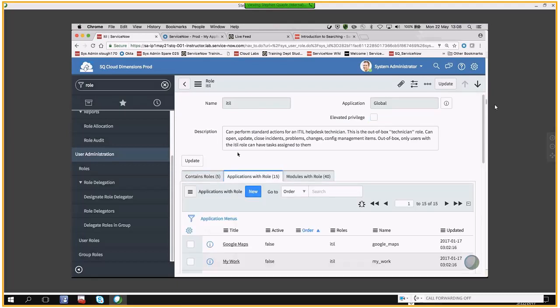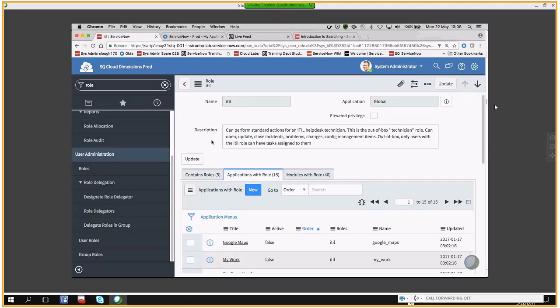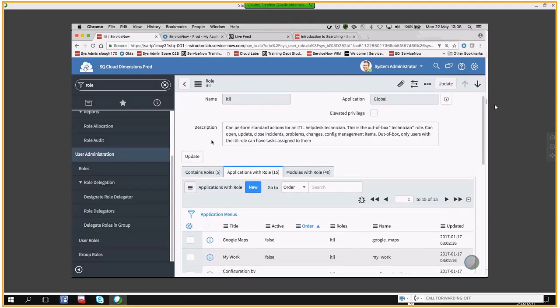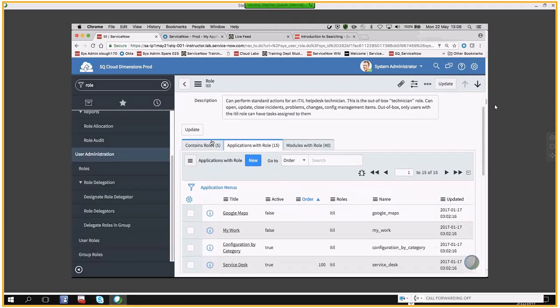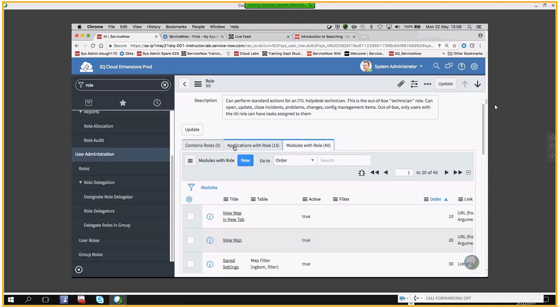Applications with this role, in other words, those that require this role, I've got 15 listed, and then I've got 14 modules that require this role. So think of the roles as a set of keys to the kingdom of ServiceNow. Okay, so